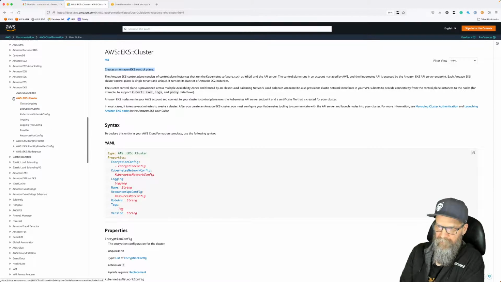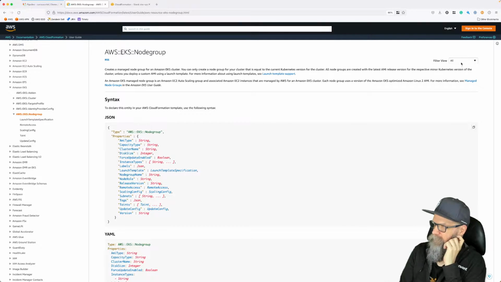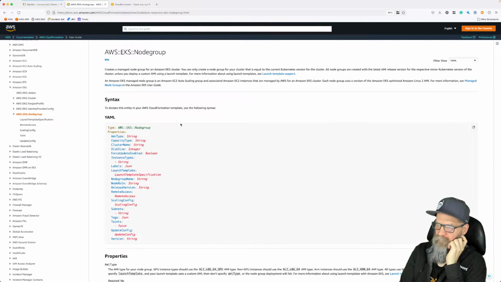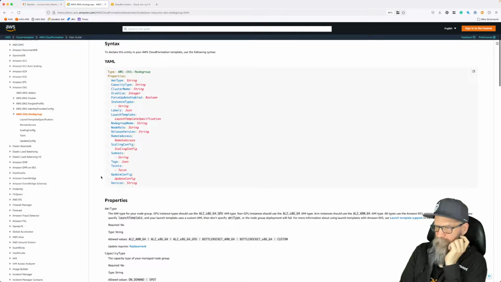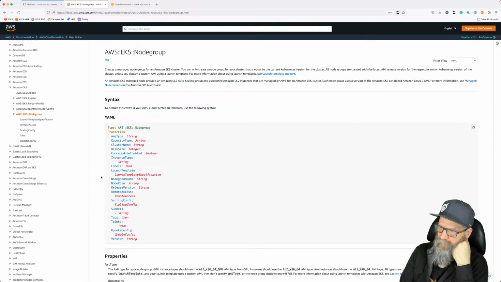Once the cluster is set up, what we're going to try to do is go down here and create ourselves a node group. The one thing I want to try just to see how it works is Fargate. The difference is we have an EC2 based implementation of Kubernetes and then a Fargate based implementation. And Fargate just provides us with a higher level of abstraction. So it means there's less for us to manage. Amazon manages the underlying components, and then we can worry about the applications running on the Kubernetes